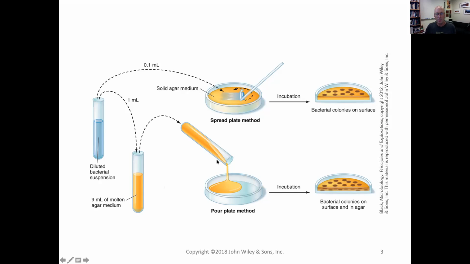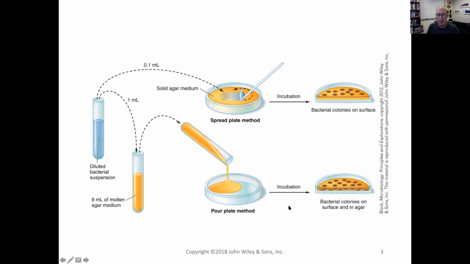The advantage of the pour plate method is that the colonies get embedded in soft agar, so they don't grow as much, so you can get more on a plate and still count them accurately. If you have an organism that likes to form big colonies, then you might not be able to get as many on a plate, or you just don't incubate them for as long. So spread plating